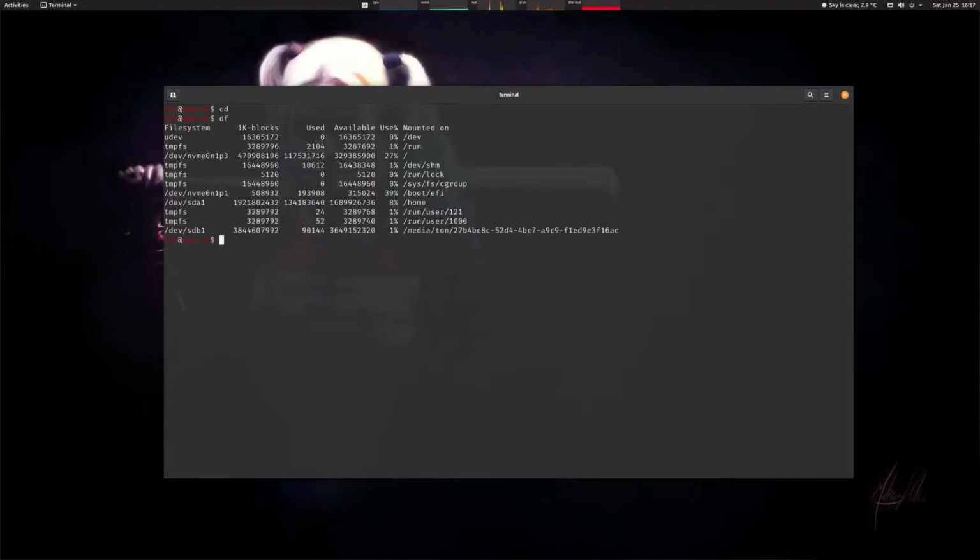So df again. Now we're gonna go to home. So cd, df. I want to have this link here, and we're gonna make the rsync. So rsync is the command. We're doing archive. We're doing verbose, and I want to do delete